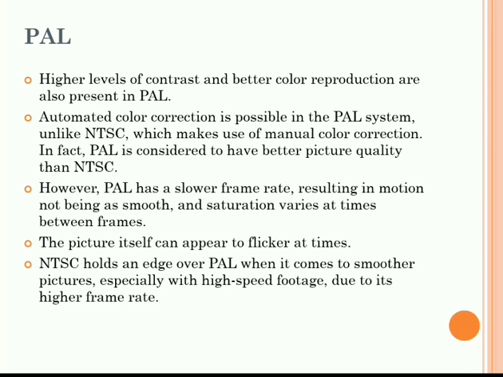As we have seen in the last point, there are more scanning lines in PAL than NTSC, so it has a more detailed, clearer picture. That's why the quality is better in PAL than NTSC, and a higher level of contrast and better color reproduction are also present, which means we can provide a higher level of contrast. You might have seen on your television that you can change the contrast of the screen,